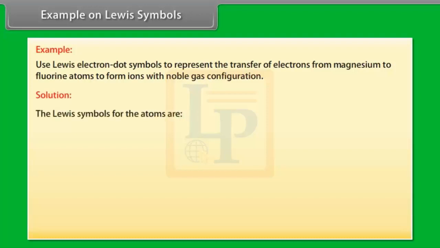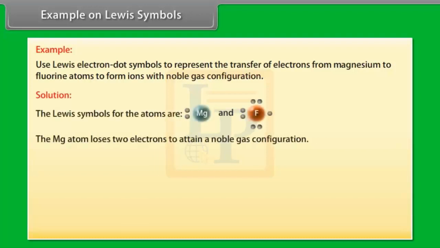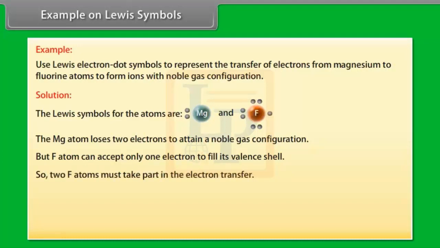The Lewis symbols for the atoms are: the Mg atom loses 2 electrons to attain a noble gas configuration, but F atom can accept only 1 electron to fill its valency shell, so 2 F atoms must take part in electron transfer. We can represent this electron transfer as